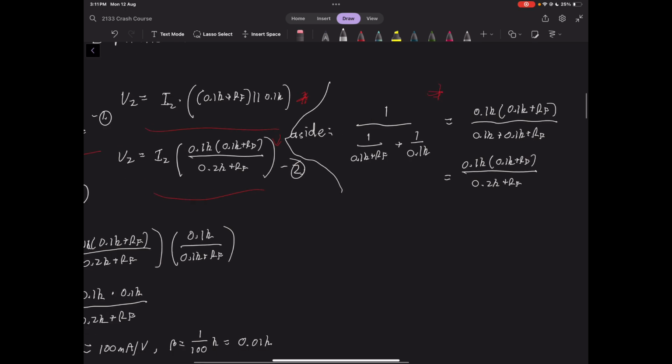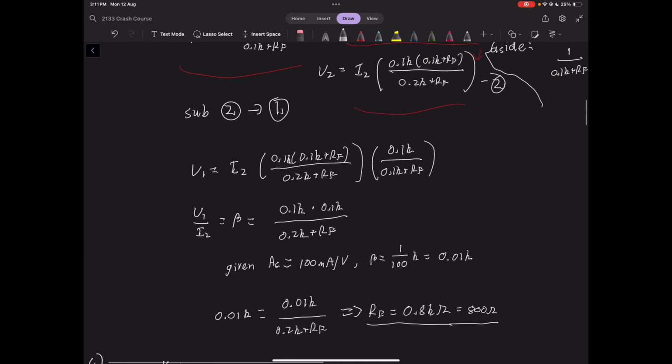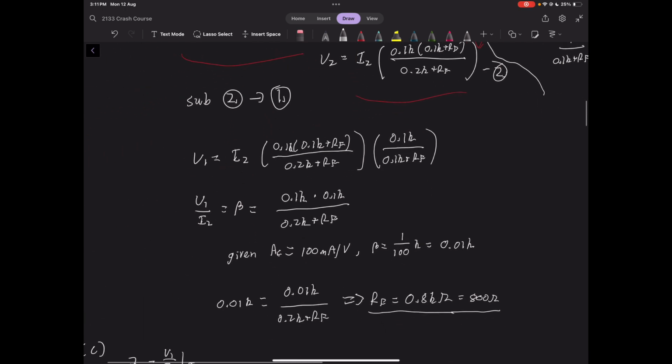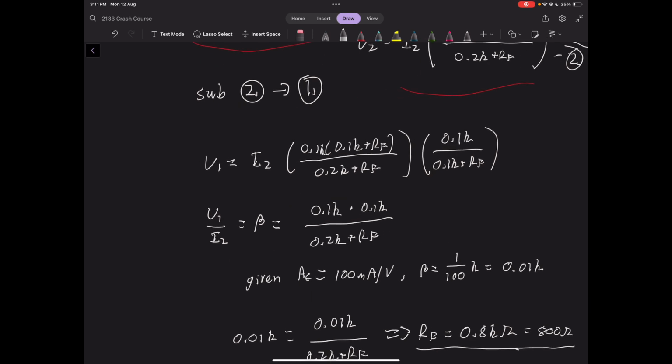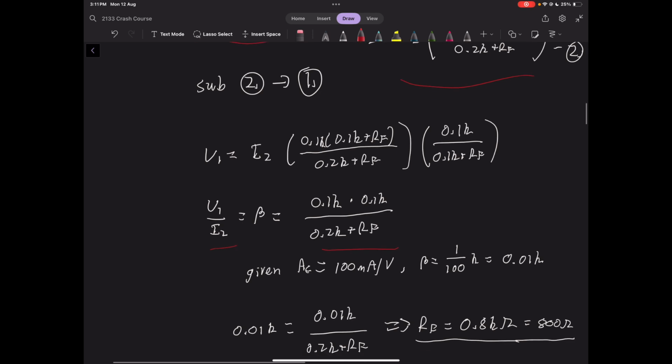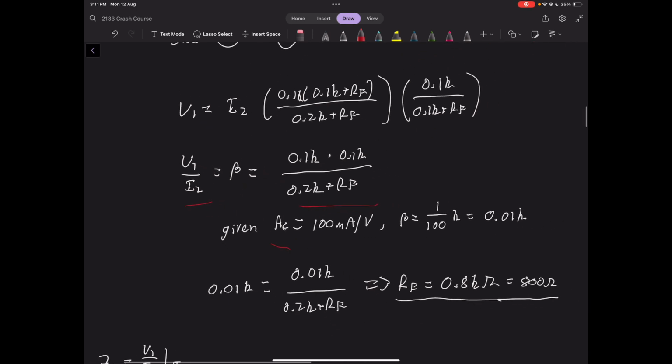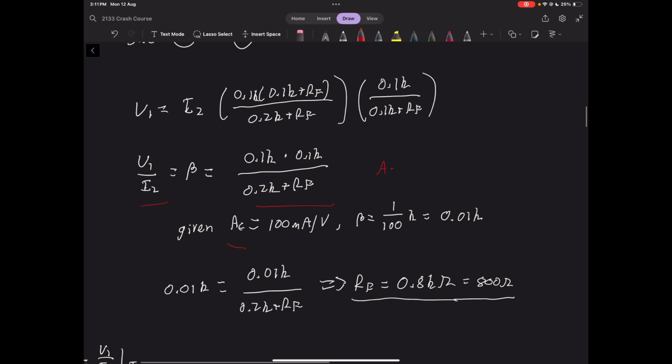This is just rewriting stuff in parallel, sub 2 into 1, do some maths, and then we can say that V1 over I1 is equal to this over here, but V1 over I1 is beta, and we know what our closed loop gain is, and we know that our closed loop gain is 1 over beta, as we showed earlier,